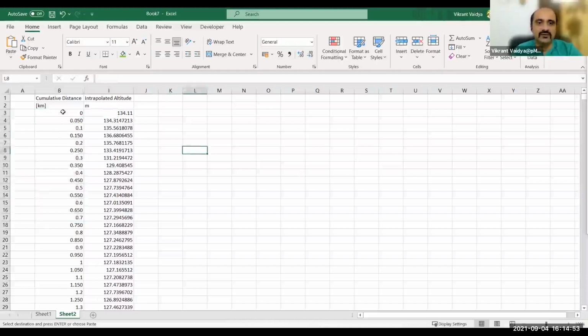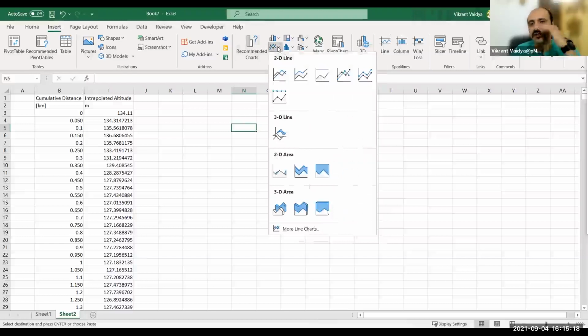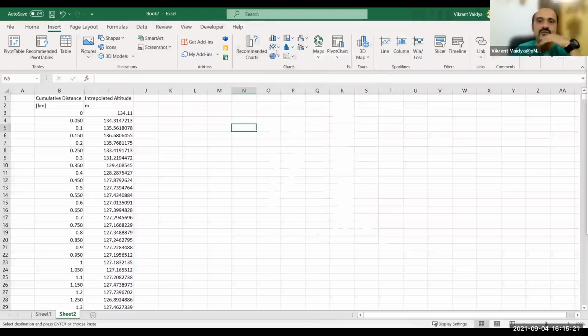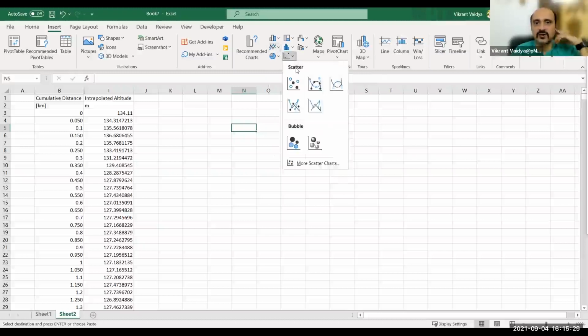To plot that, we can either insert a plot first and then add the data. So let me do that first. Go to insert, and then you have a bunch of plots available. There are bar graphs, area graphs, waterfall. These are line graphs. Oftentimes we end up using these, but if you are plotting some numbers x and y, it is better to do an xy scatter plot. So let us do a scatter plot.